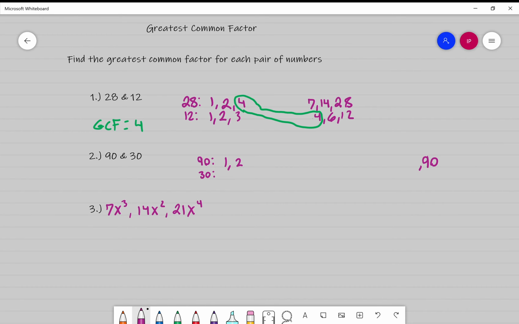2 goes into 90 45 times. 3 goes into 90 30 times. Ooh, let's see if 4 can go into 90. I don't believe so. Nope. We know 5 can. 5 goes into 90